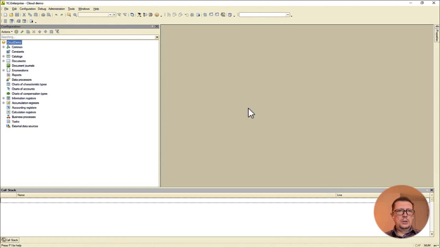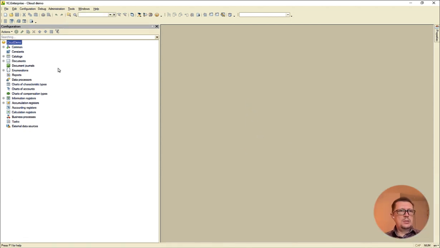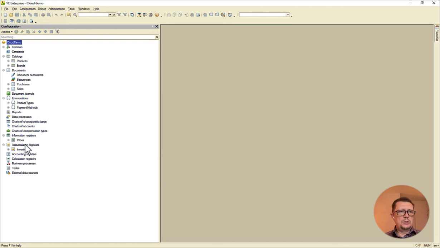And if we look at the inside of the application, it's again a very simple one: 2 catalogs, 2 documents, a couple of enumerations, 1 information register that stores the prices of our products, and the accumulation register that tracks the amount we have left. And this is pretty much it. Now, let's think for a moment, what do we need to make this application a cloud one?